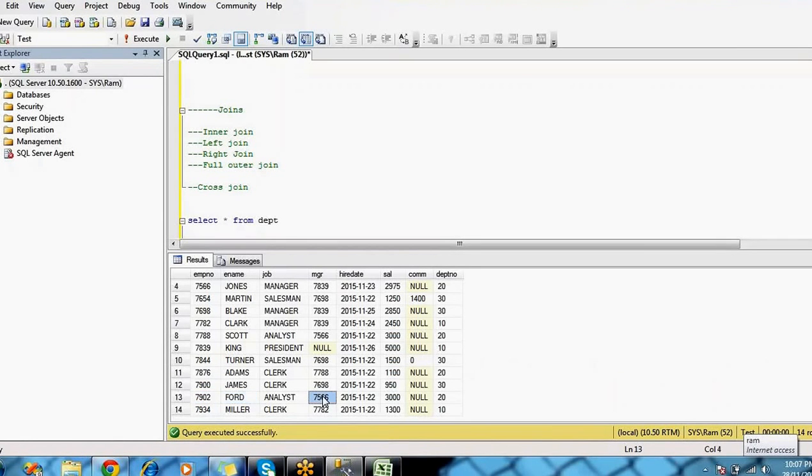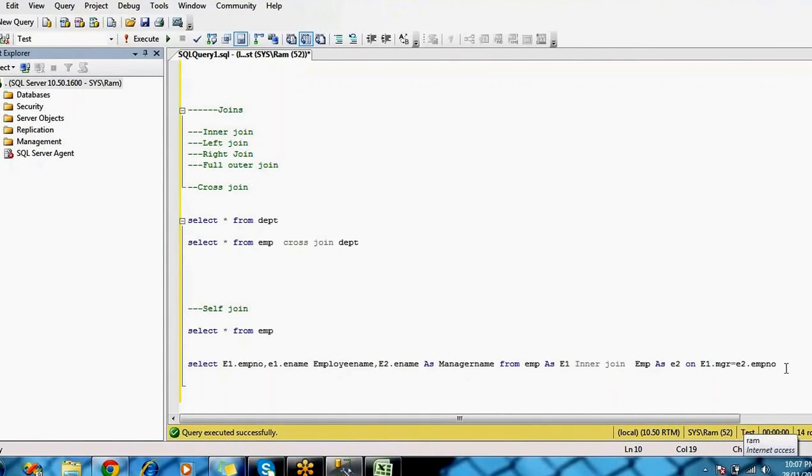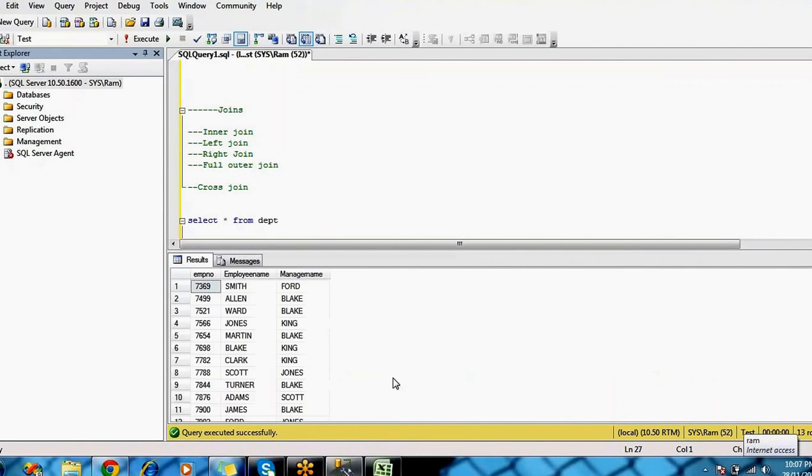The manager is 7566. Where is 7566? Yes, 7566 is Jones. The Ford manager is Jones. We'll check whether that result is coming here. Ford's manager is Jones. Right, the Ford manager is Jones.